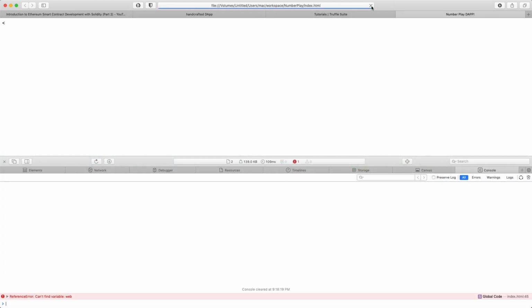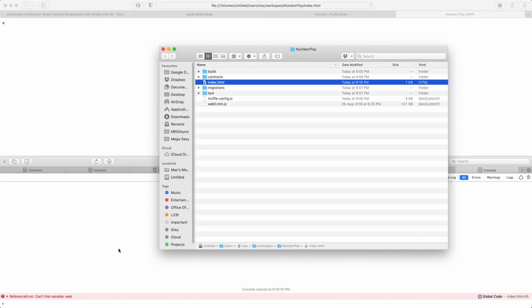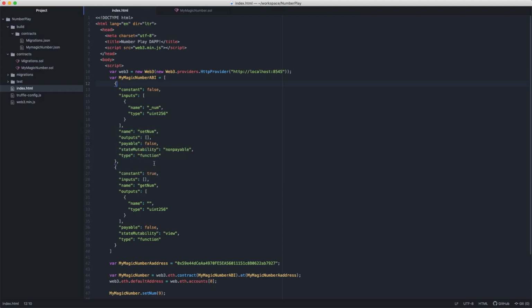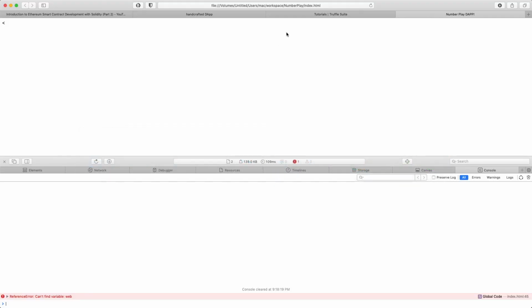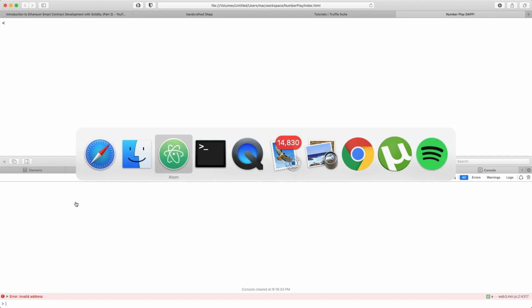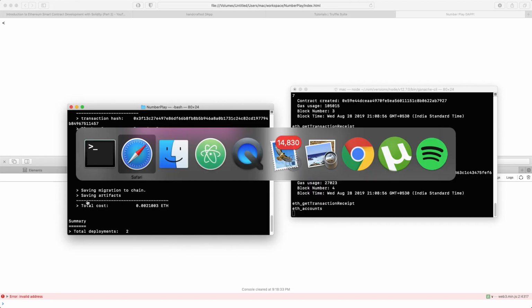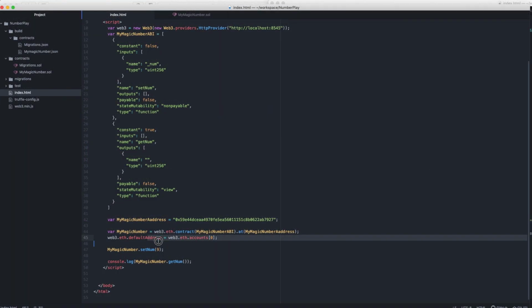I'm going to reload it, can't find variable web3, invalid address. Sorry guys, this will be default account, not default address. Go ahead and save it,